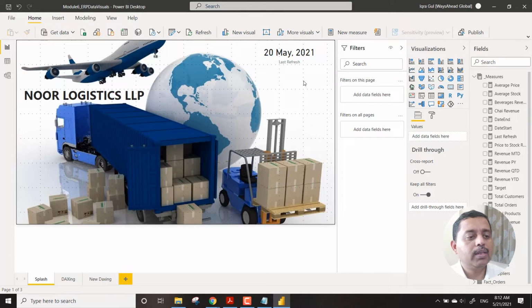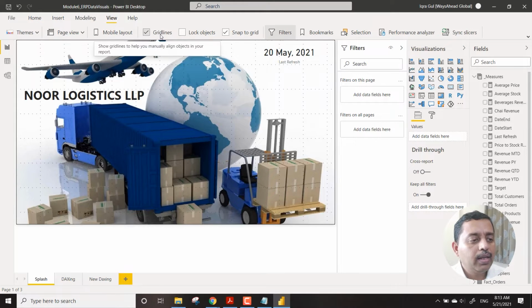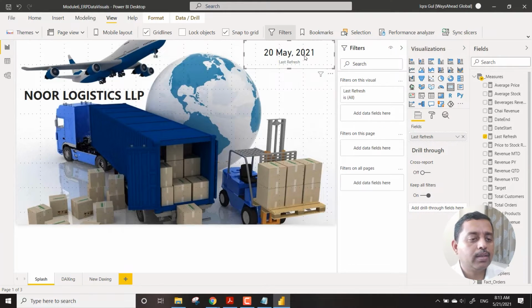So this much of space it is going to use, and you can see that there is a grid layout over here. You can see the grid layouts from here, so you can snap to grid and grid lines. So what happens is that it will be easier for you to position the visuals properly. So like this.